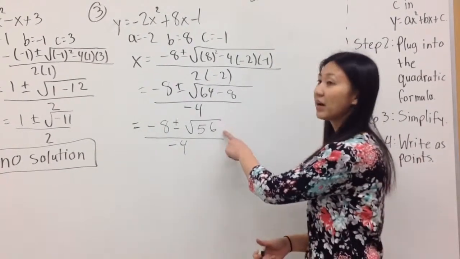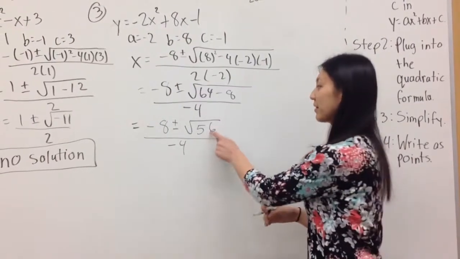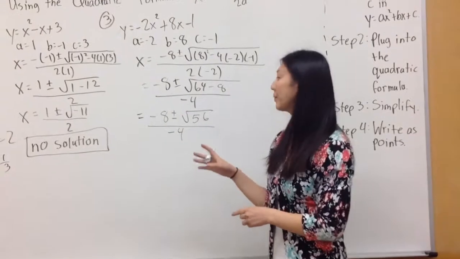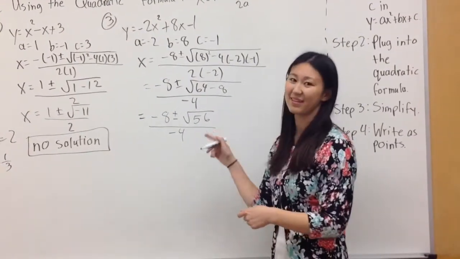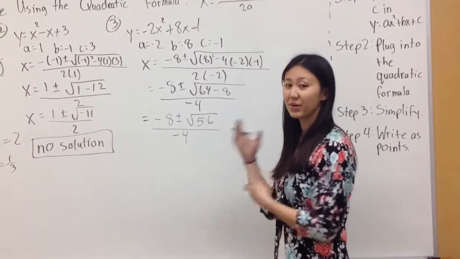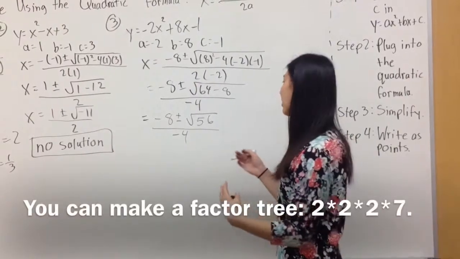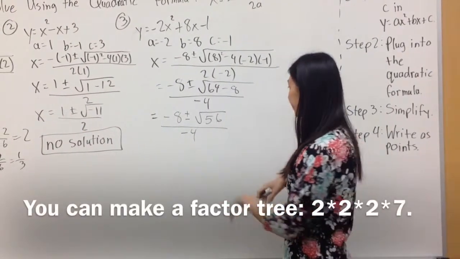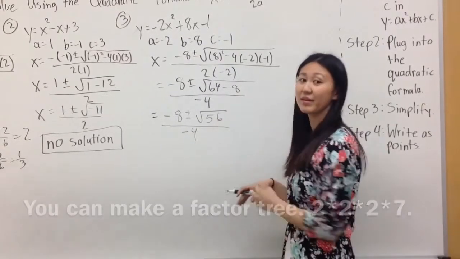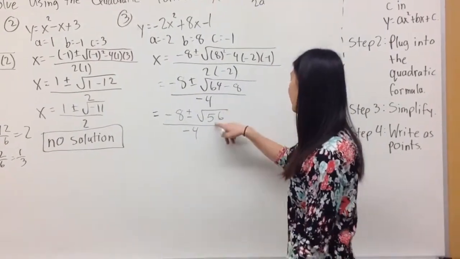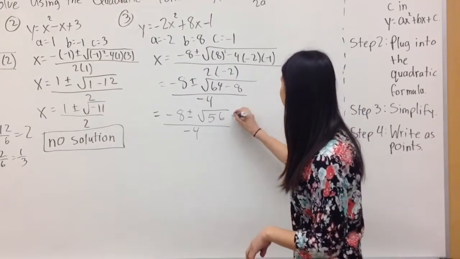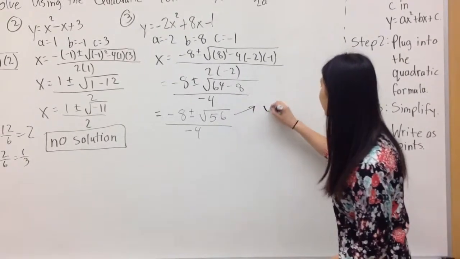Okay, so right now we can do something. We can simplify this more. There's no perfect square for 56, but there is a perfect square in there, okay? So if you recall earlier, in class, we've done problems like this where we broke up a square root. We're doing the same thing here, okay? So we can look at this a couple different ways. The way I'm going to look at it, I'm just going to show you on the side. 56